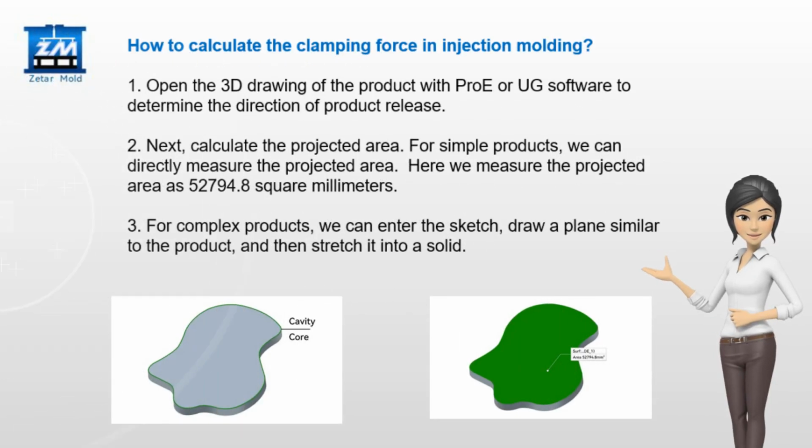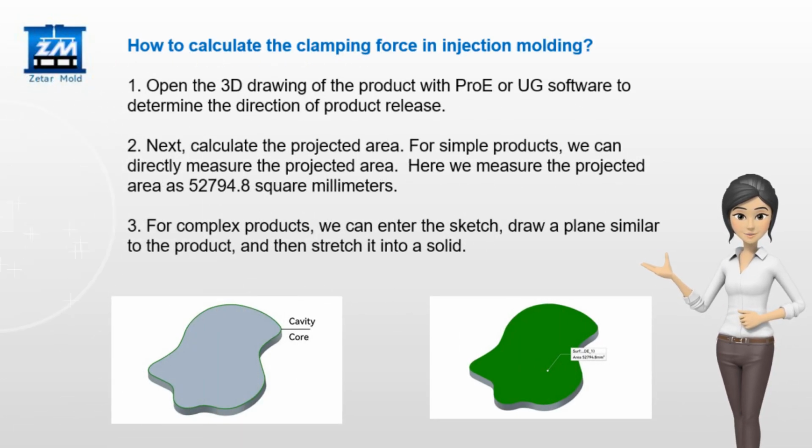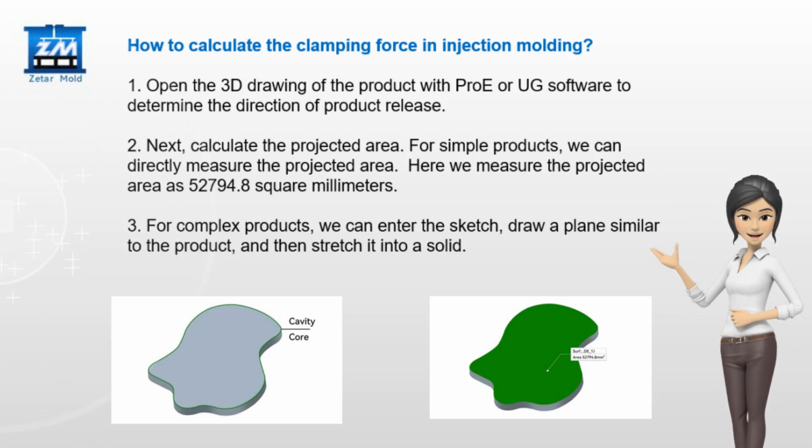How to calculate the clamping force in injection molding. 1. Open the 3D drawing of the product with Pro-E or UG software to determine the direction of product release. 2. Next, calculate the projected area. For simple products, we can directly measure the projected area. Here we measure the projected area as